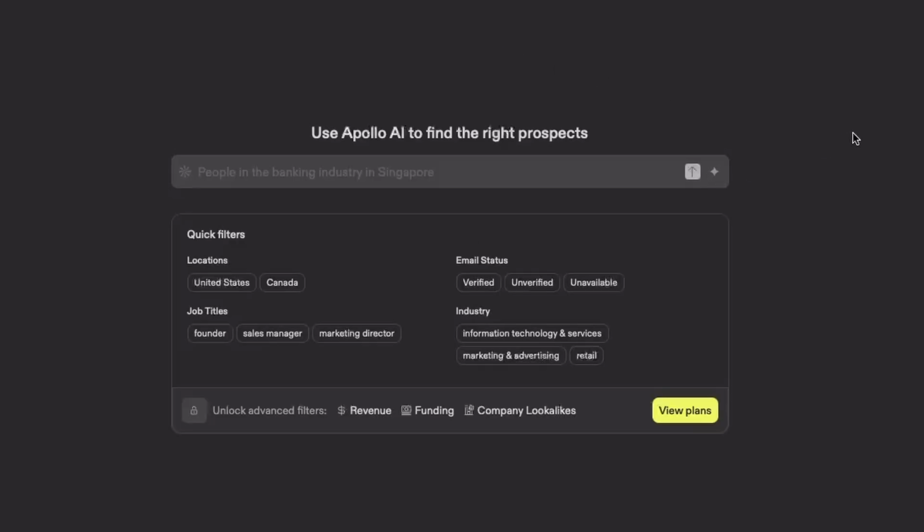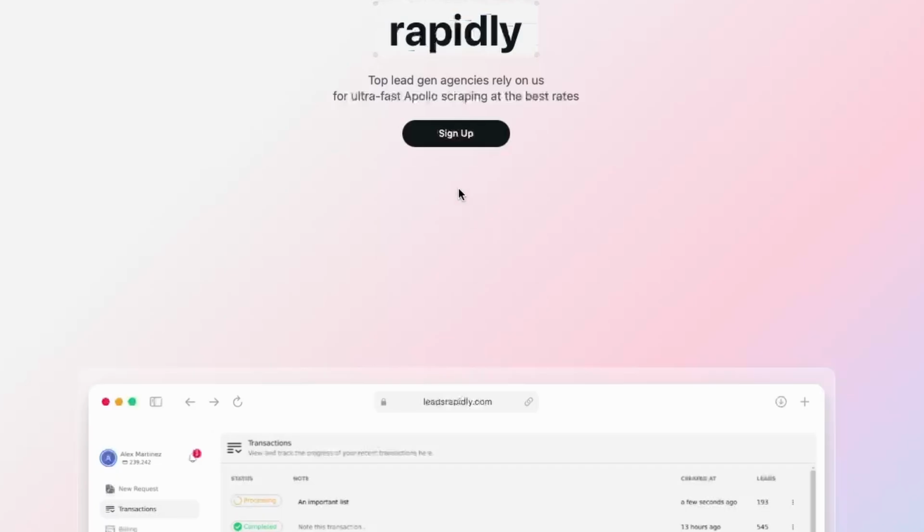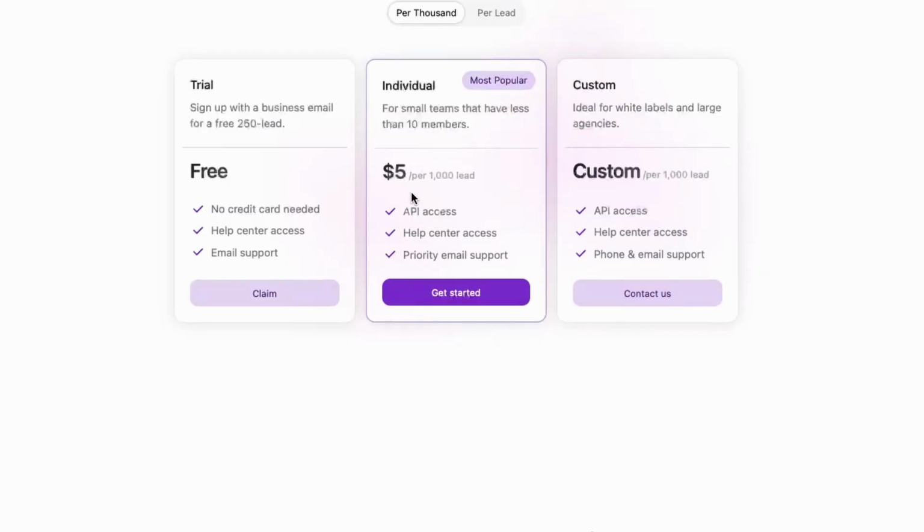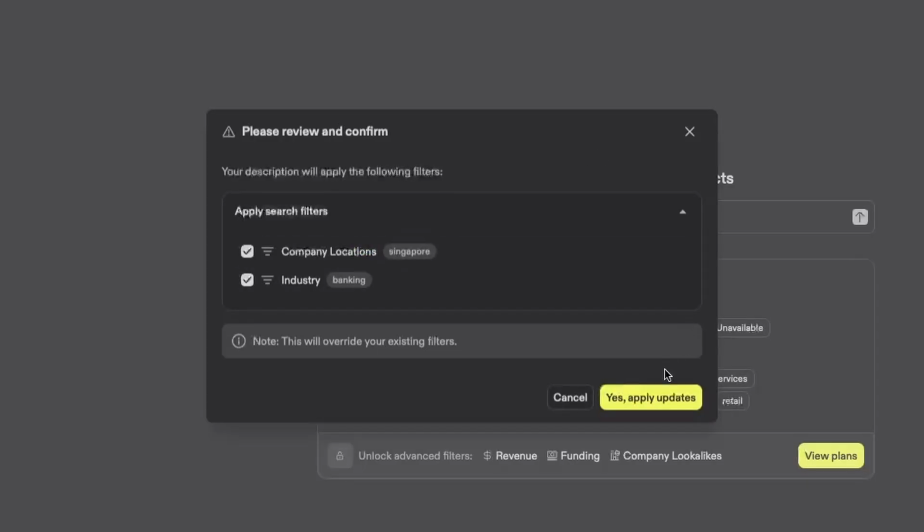So what we have here that's different to Instantly super leads is that it's cheaper, right? So you might say, it's not cheaper, but there's a lot of websites you can use to scrape Instantly. So you never even pay for Instantly. You'll pay for these websites like this one, where it's much cheaper. Look at the pricing, it's like $5 per 1,000 leads, right? That's quite good. And you get API access, you can do automation and stuff, right? So you have this whole